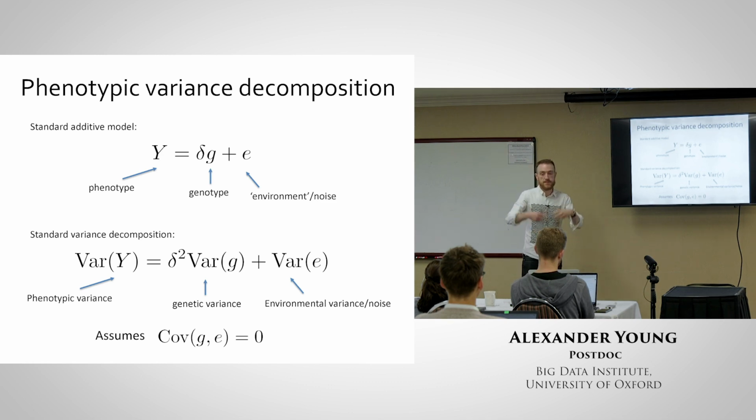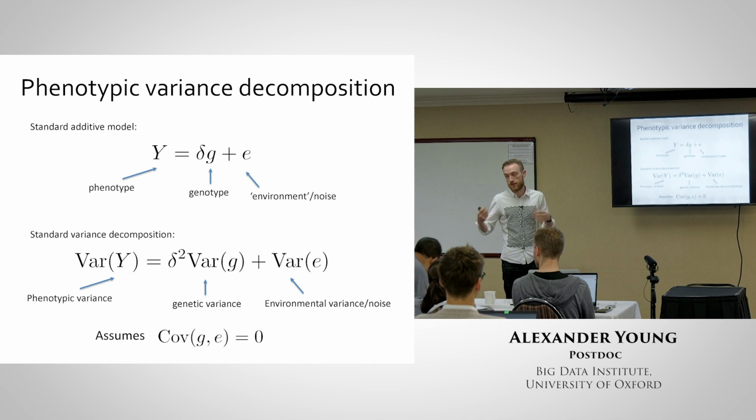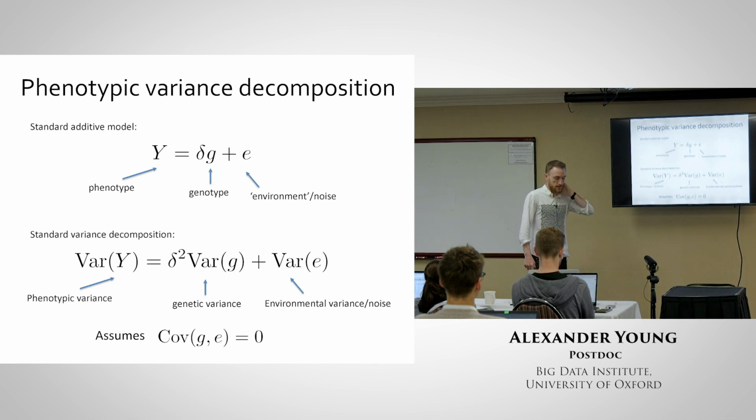But as I was saying before, when you have these indirect genetic effects and population stratification, that regression can be picking up some of those G by E correlations. It's not simply picking up the direct causal effect. So by assuming that they're uncorrelated, or defining the genetic effect in that regression way rather than a causal way, you decompose the phenotypic variance into just two components, a genetic variance component and then whatever is assumed to be orthogonal to that. But I would argue that this misses, especially when you're thinking about social science type traits, and is an incomplete picture of the relationship between genes and environment that can lead you astray.